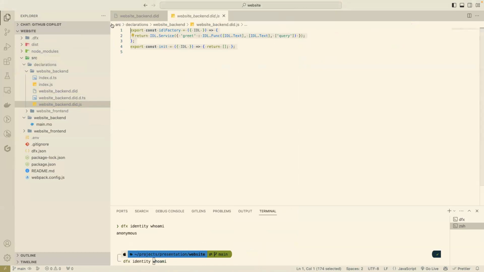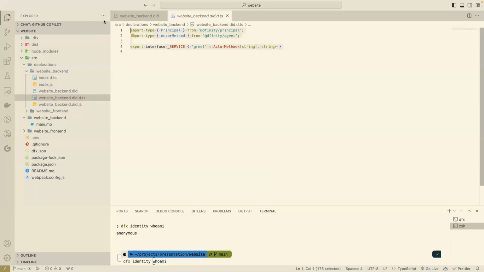This is a very important file, even if it's, I would say, a bit hard to read because it's exporting the ideal factory. Ideal factory is an object that we will use in the frontend. So this is a JavaScript file which we can import in the frontend to interact with the backend. I will show you in a few minutes how we do that, but essentially this one is crucial because you need this file to have a representation of the interface of the backend in the frontend, if that makes sense. So the next file I want to talk about is this